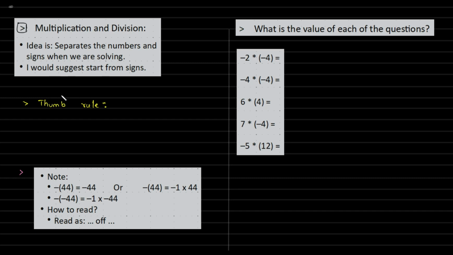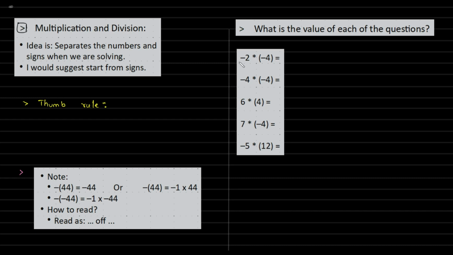When you're solving any problem, like this set of problems which we'll solve, the idea here is to think of the signs first and then the number. You'll get used to that. So my request is, when you understand what we are doing over here, what sir is doing over here,